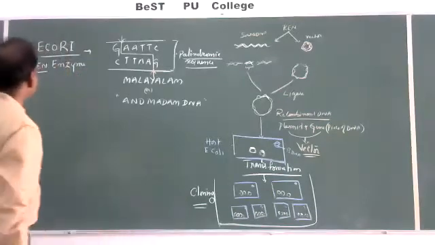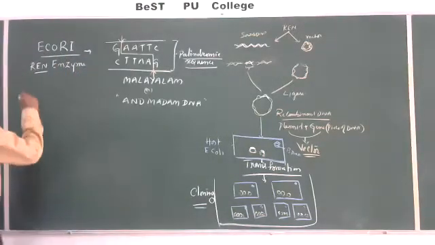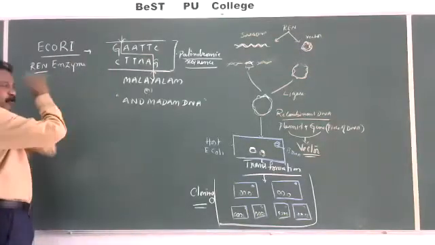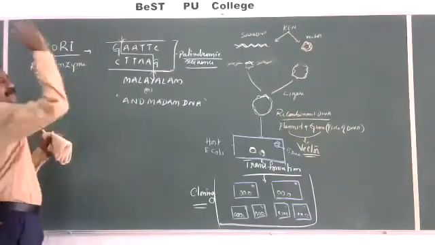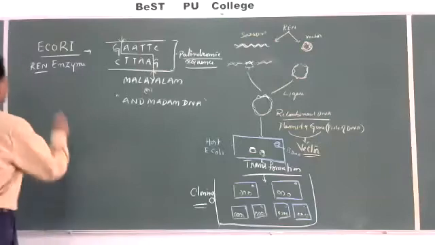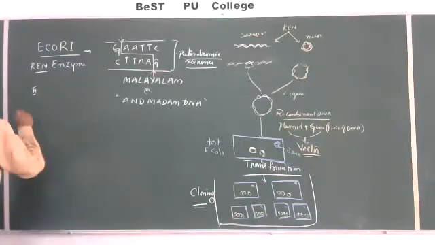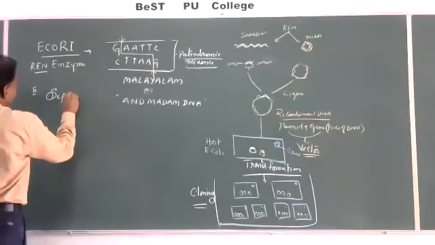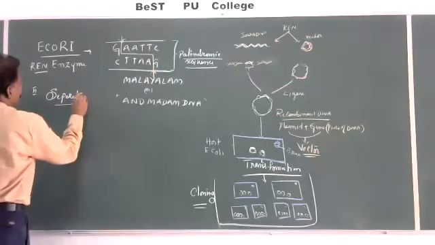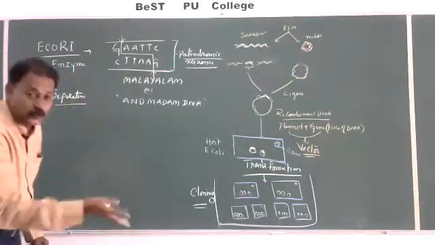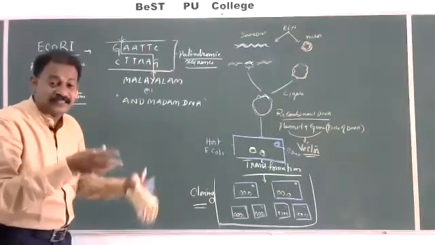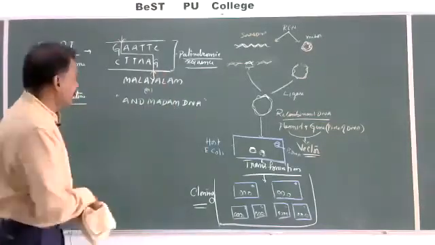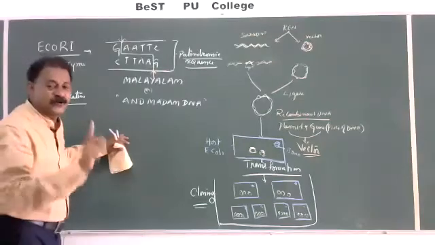process. Now, the second step. The first step is, again we have to repeat, as I told you earlier, the whole unit itself, same sentence will be repeated, same class will be repeated in different stages. Second step, separation of DNA. So we are studying various tools which are responsible for rDNA technology and the process of rDNA technology. The first tool what we have taken, restriction endonuclease we have taken.